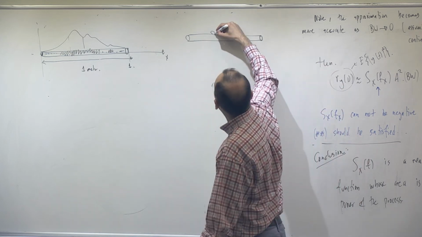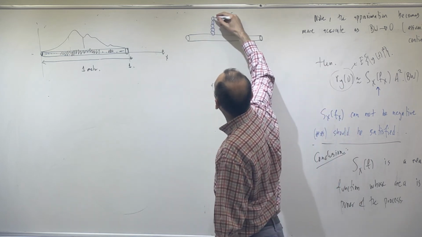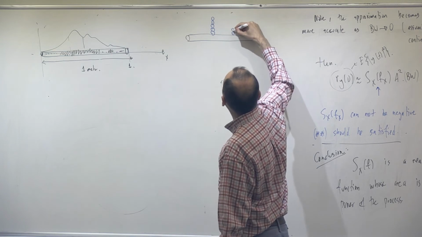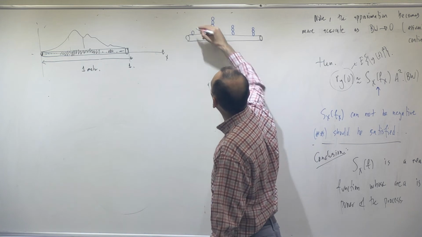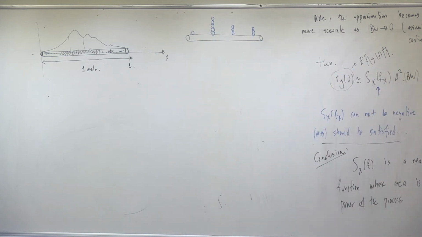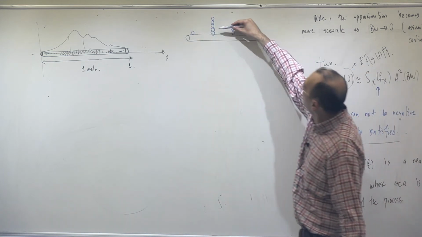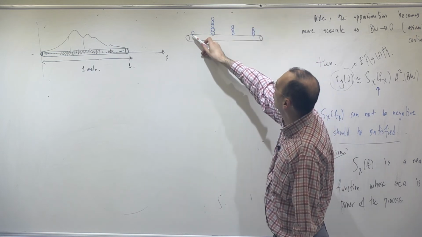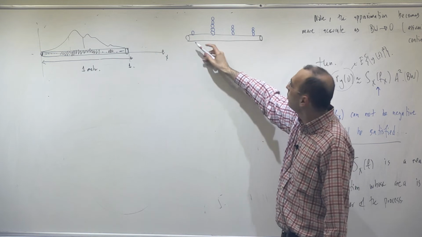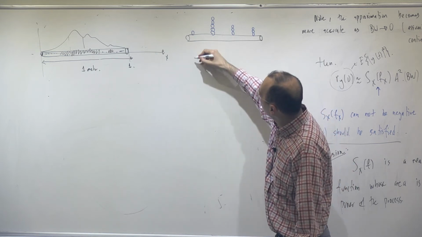So maybe more weights are placed over here. 1, 2, 3, 4, 5. 3 weights placed over here, 3 weights, 1 weight, and so on. So what is the total weight of this bar? 5 units, 3 units, 3 units, and 1, so 12 units of weight. If you look at the density of this, now the density is, this is what we